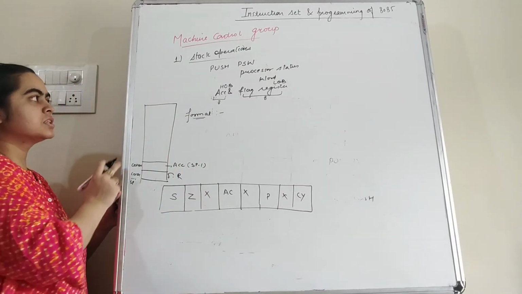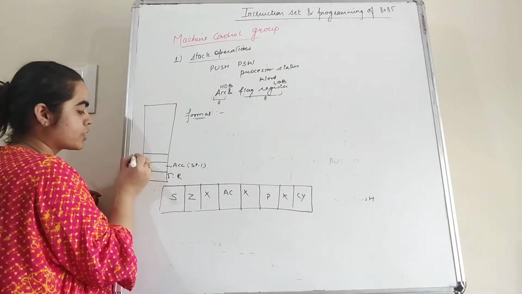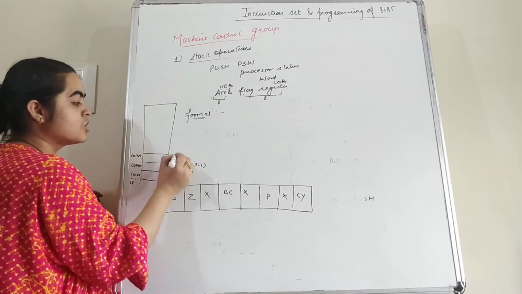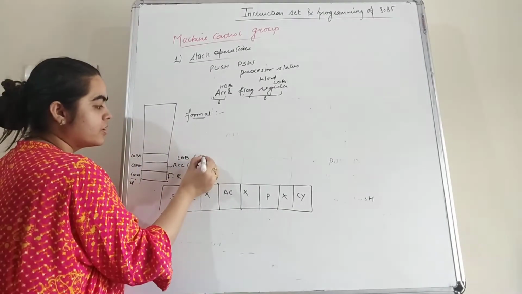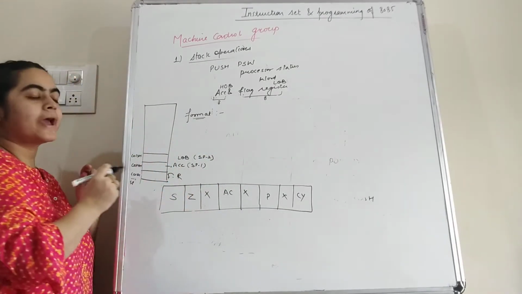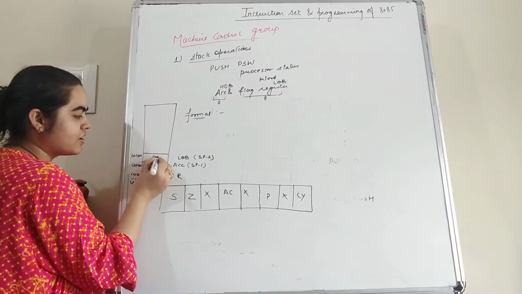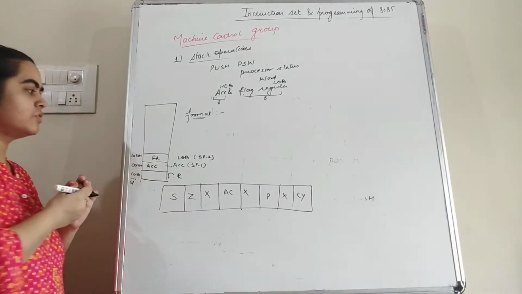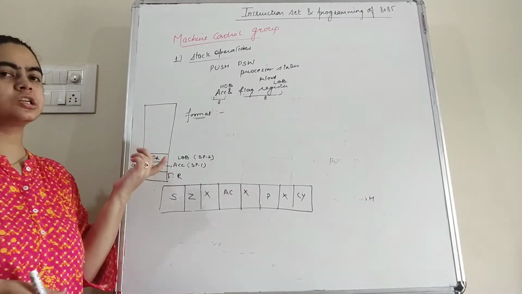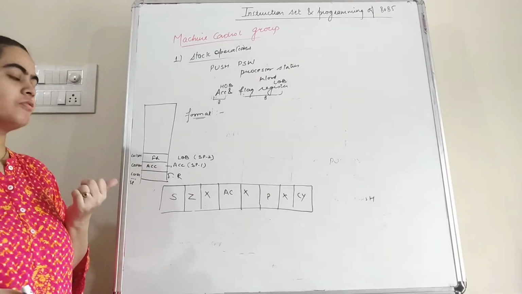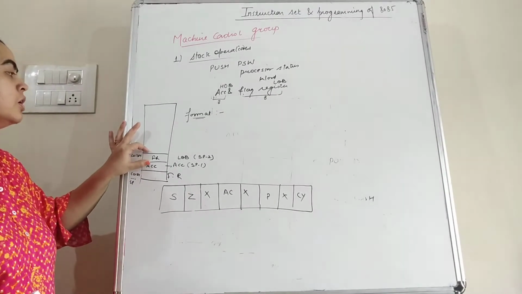Now after this, the contents of the flag register we can add into memory location C013H, because this is the lower order byte, and the lower order byte will be stored in memory location SP-2. So flag register we save here and the contents of accumulator we save here, because in stack memory, every location can only occupy 8 bit of data at a time. So 8 bit for accumulator and 8 bit for flag register.